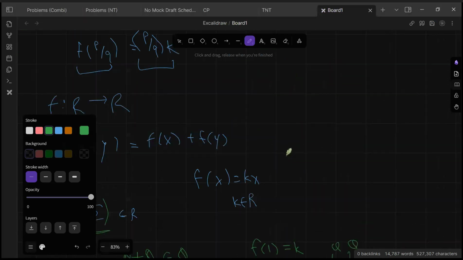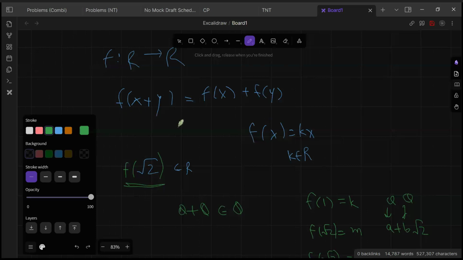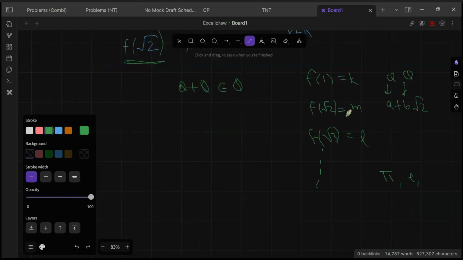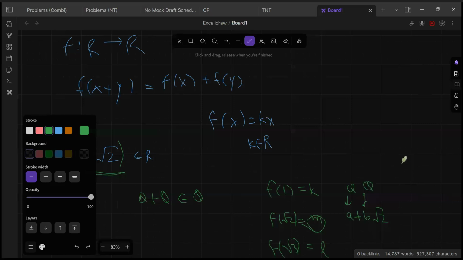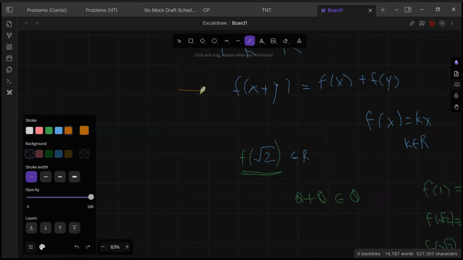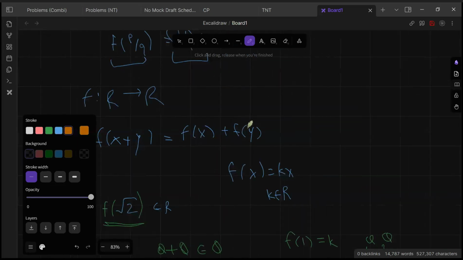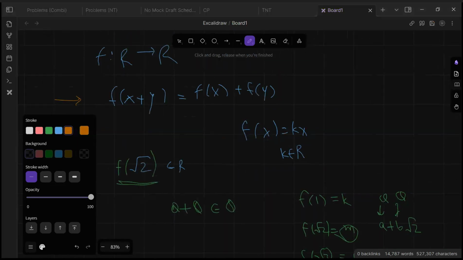So this equation has a lot of solutions, even a lot of really bad solutions, because we can give literally any value to m, L, and these infinitely many irrational and transcendental numbers. We can give them whatever values we want, and we'll get infinitely many solutions. So yeah, this is not going anywhere. But fortunately for us,